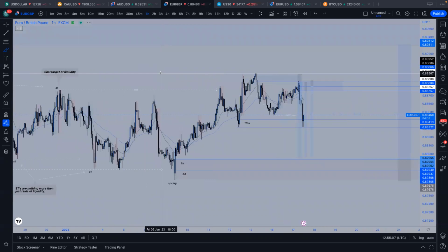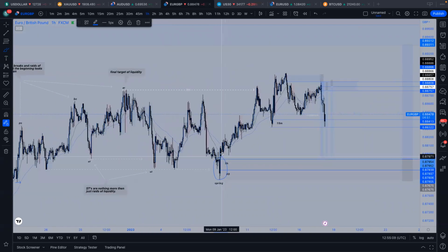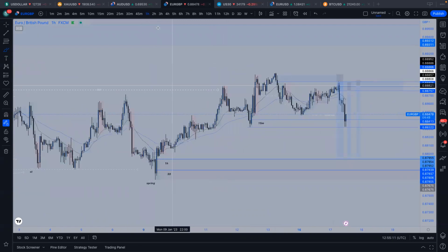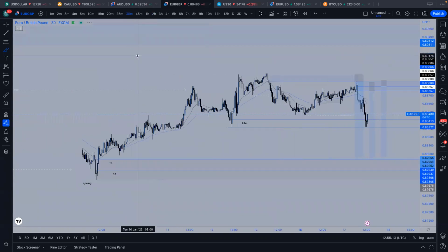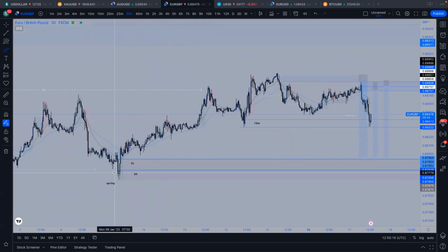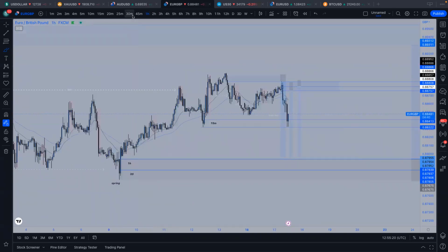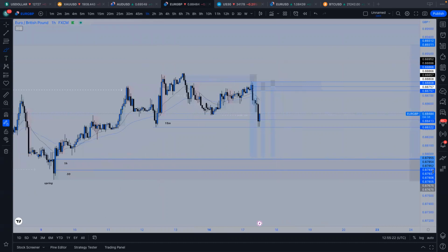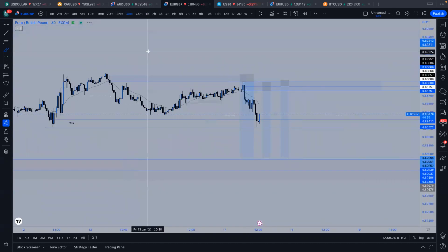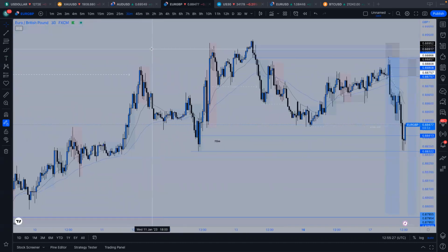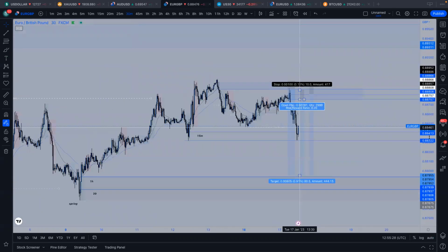So dropping it down onto the hourly. You can see this is our last sell to buy movement. It looks quite clean, to be fair. I'm also looking at the 30 minutes for potential longs. Going into the trade this morning, this was basically nothing more than waiting for that last sell movement. We had